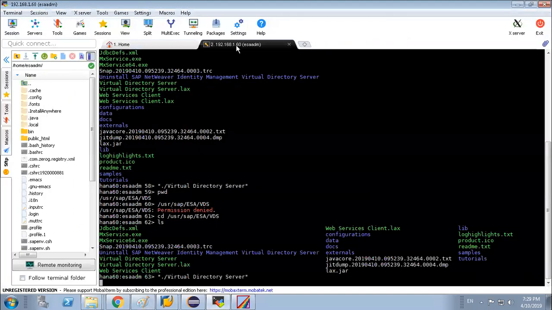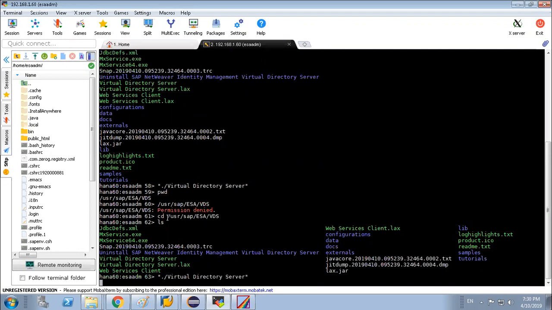In order to log into this system, you can see this is the user ID, ESA-ADM. Everybody who has PuTTY access, their access ends with ADM. After login, you have to provide the user ID and password. Once you provide them, you have to go to this path.